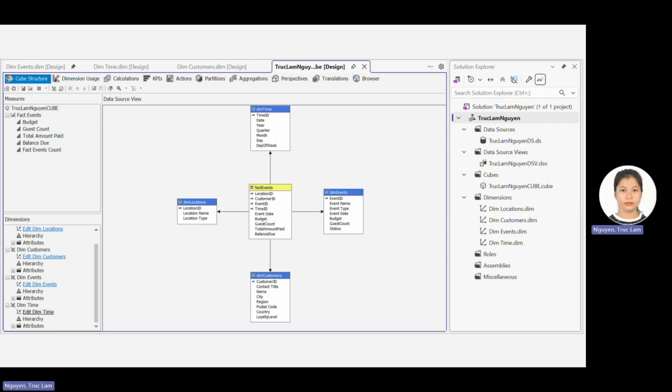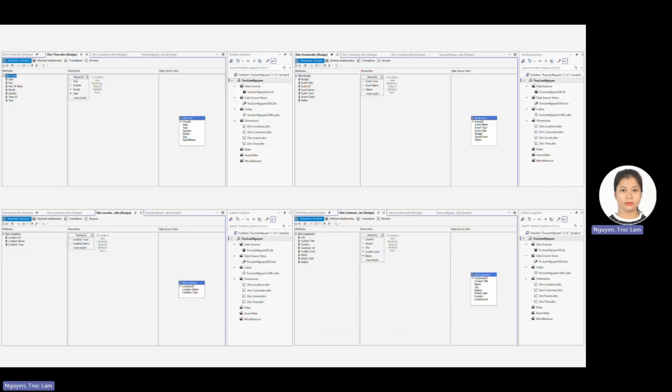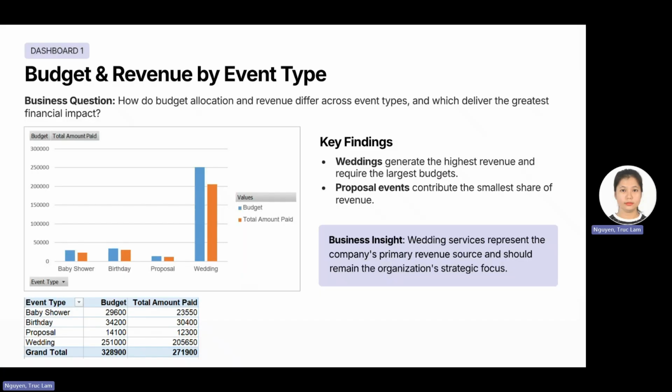So after building the data warehouse, I created an OLAP cube using SQL Server Analysis Services, and the cube contains four measures and four dimensions, along with several hierarchies such as year to month, event type to event name, etc. Now let's move to the most important part of the project, the business dashboard and the insights they